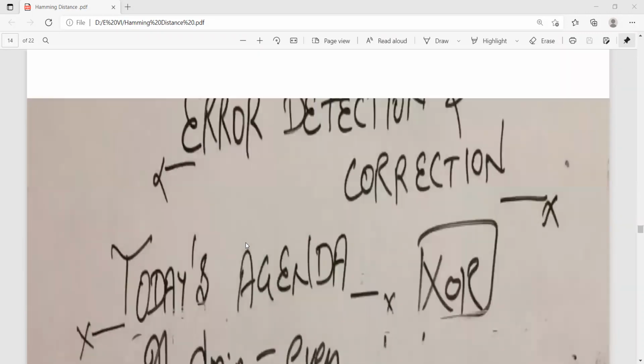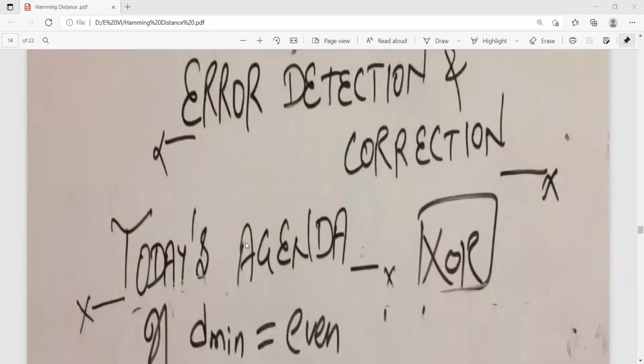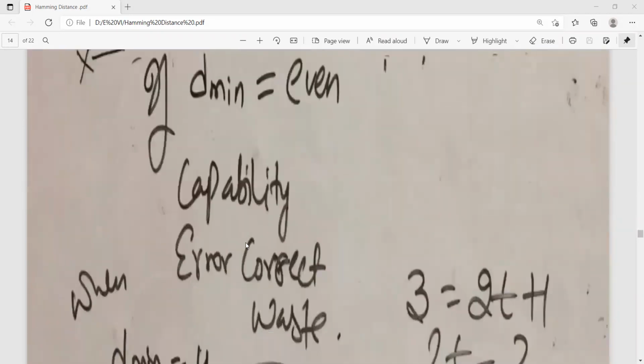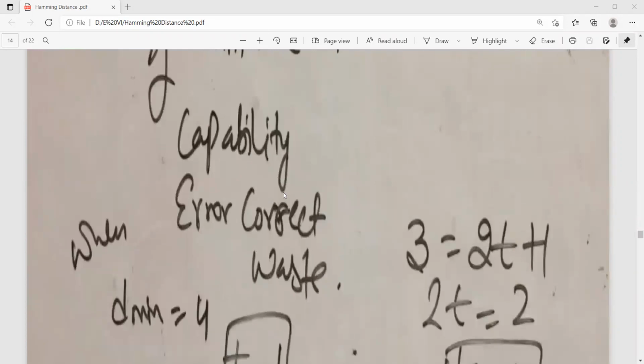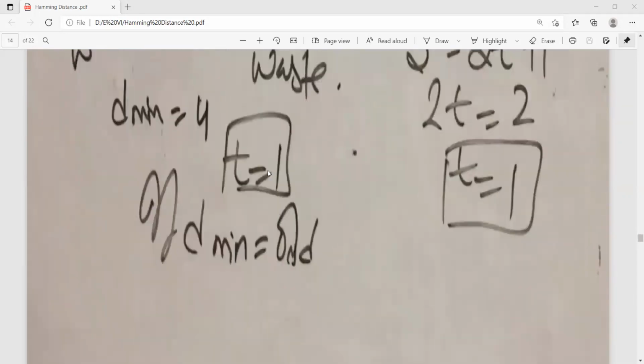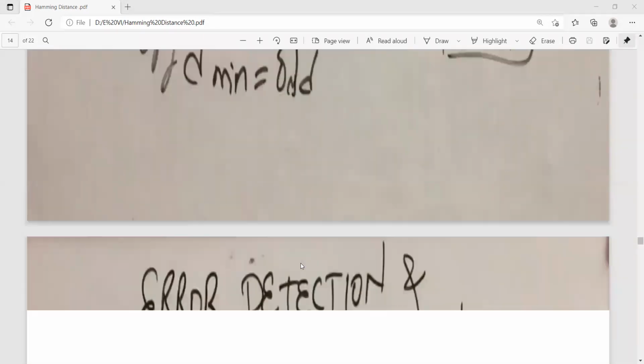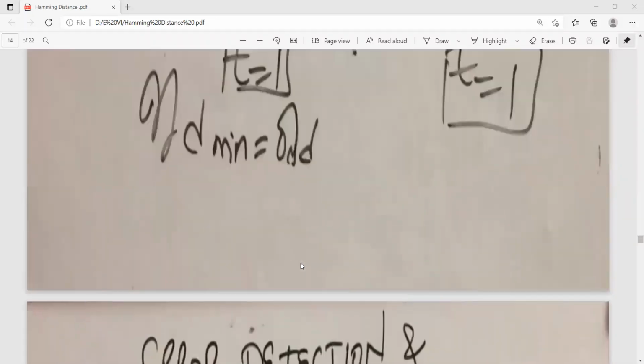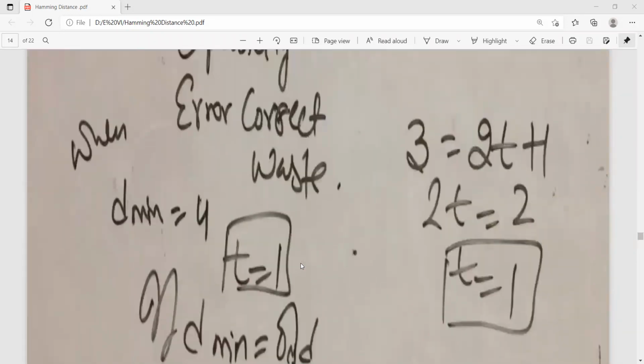Now there is an even number of ones. For an even number of ones detected, there is an error correction capability issue. It is not possible to correct an even number of bits, but we are able to correct an odd number of bits by using this methodology.